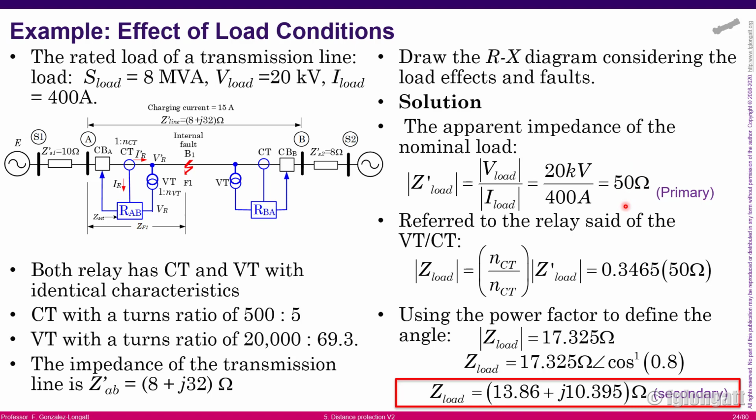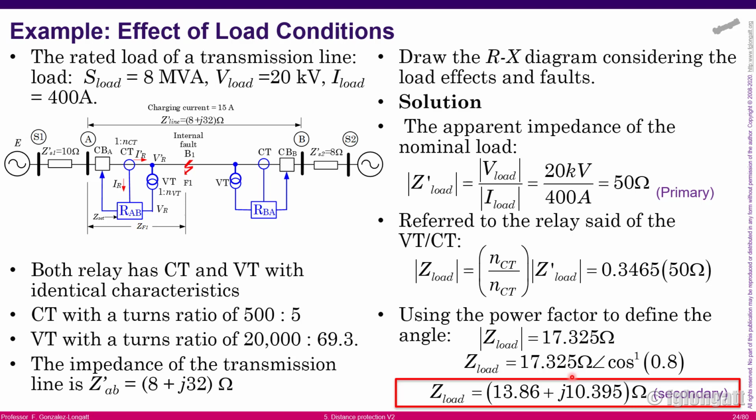Then we use the impedance transformer ratio, that is the ratio between the current transformer and the voltage transformer ratio, multiplied by the primary apparent load. What we obtain here is the full load at the secondary, and this is 13.86 ohms, the resistive component, and the inductive reactance is